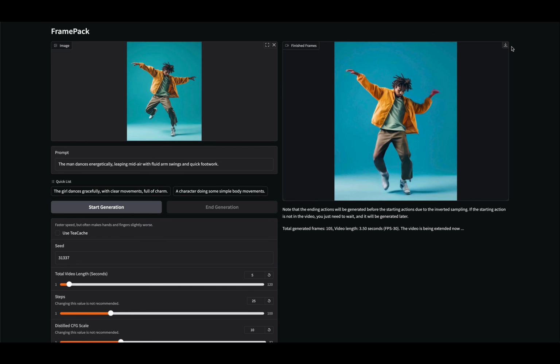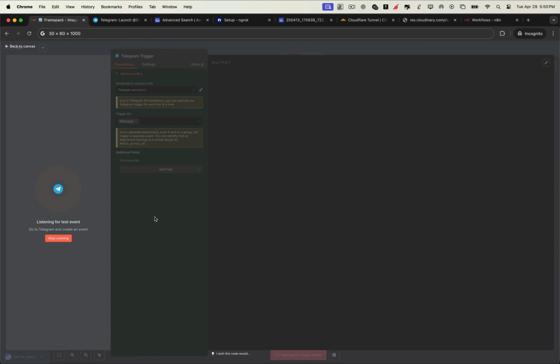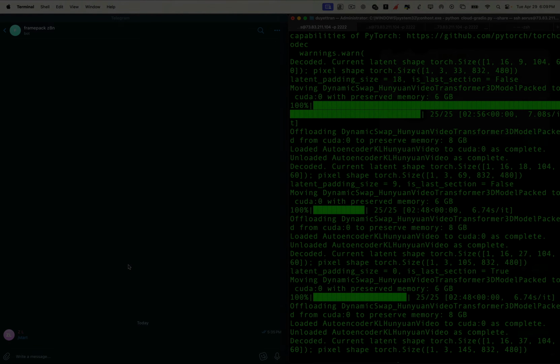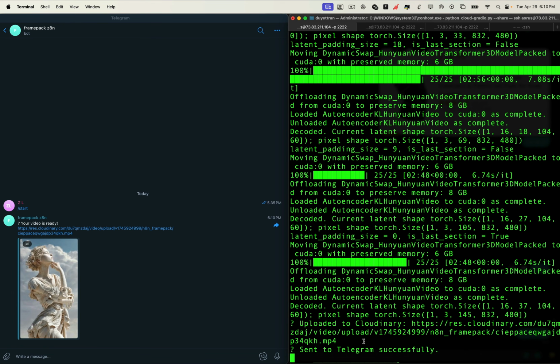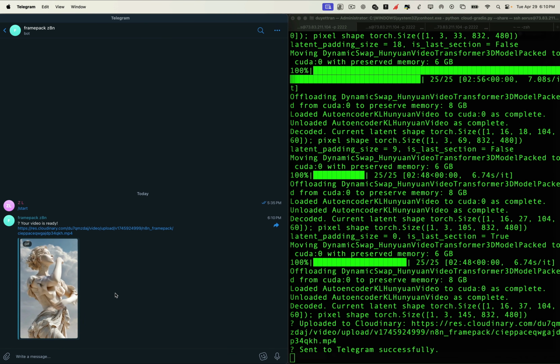A huge step. But there's still one big limitation. It's not yet connected to the outside world. To integrate with platforms like N8N or Telegram, or to automate the entire process remotely, we need to take things further. Setting up a backend server, handling webhooks, and creating an endpoint that can receive requests from anywhere and trigger